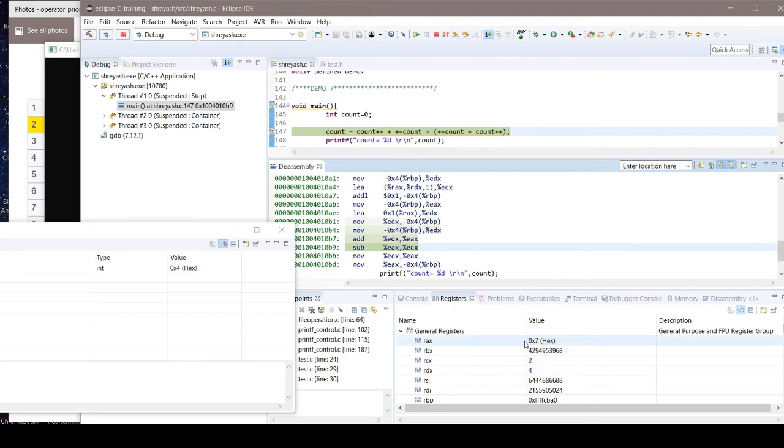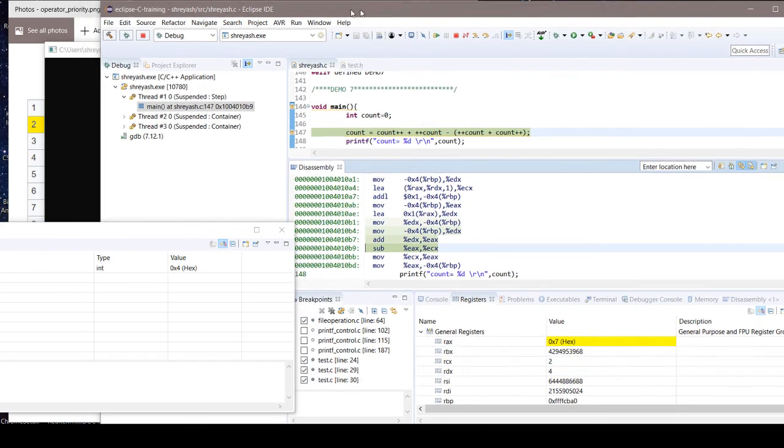So one has become 7, corresponding to this EAX, and if you want to check correctly there, then we need to go down actually. Anyway, that is this one register, and after that it will subtract, and this ECX is already 2, corresponding to RCX. So that's 2 minus 7, that will be minus 5.